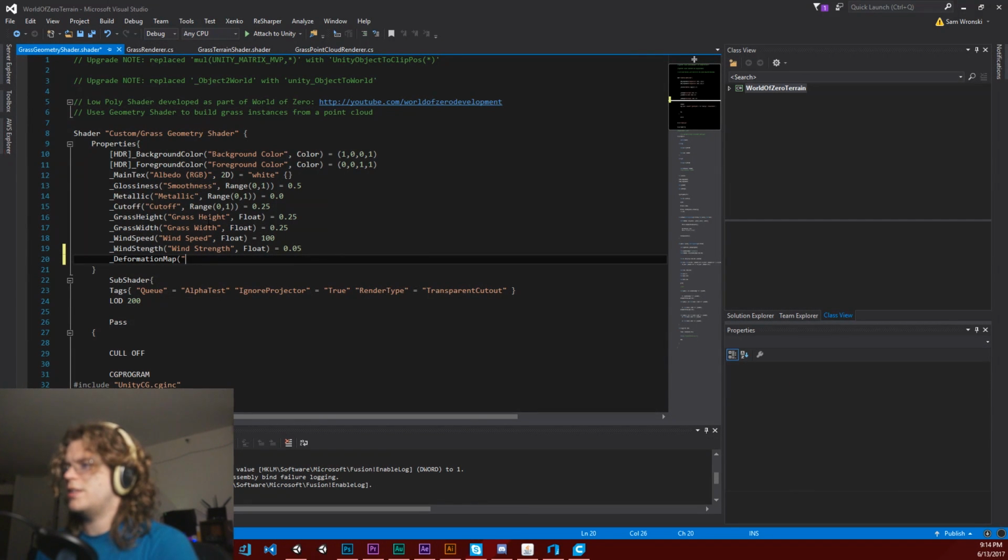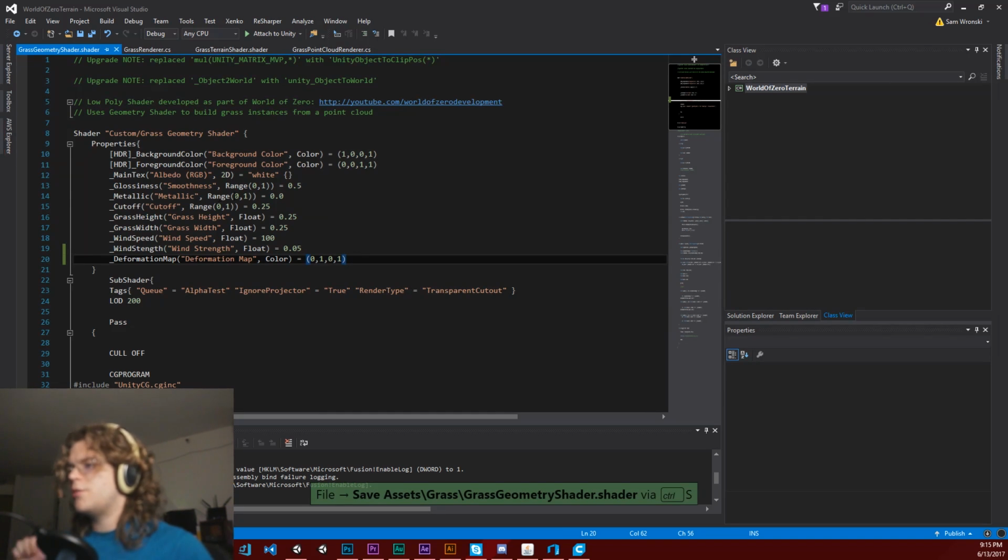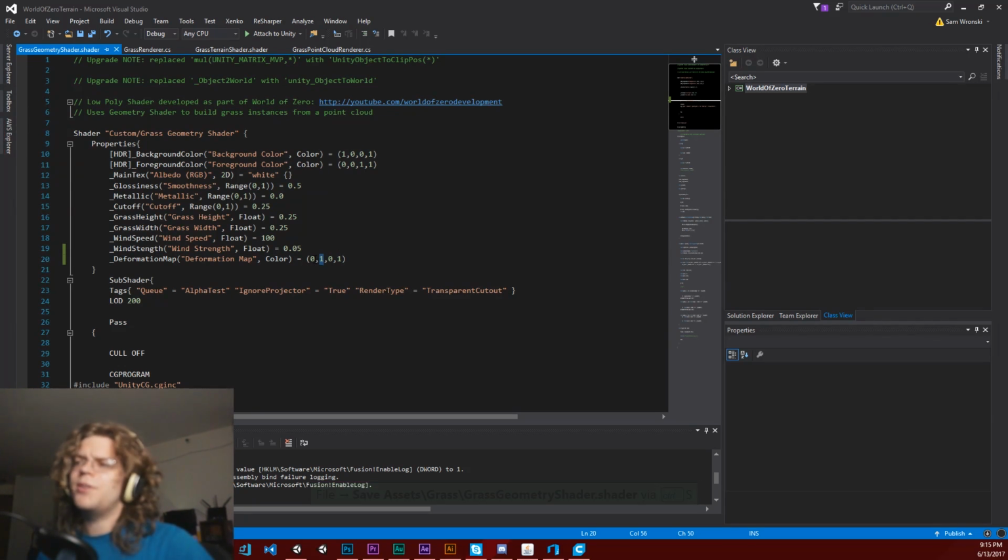So what we want is a deformation map. Sure, color. And we'll default this to 0, 1, 0, 1. So that'll be directly up in the Y direction. And I'm wondering, I don't think we need to worry about